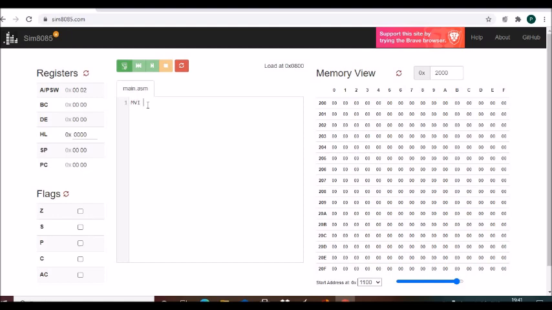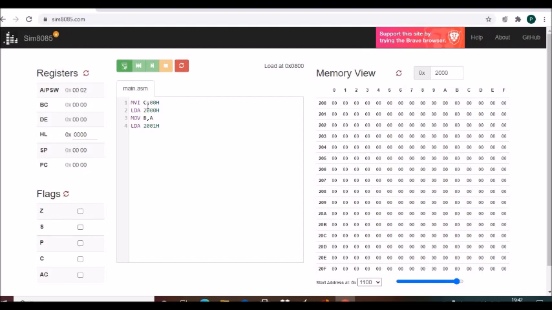MVI C, 00H. Don't forget to write H. Then LDA 2000H. Then MOV B, A. So whatever data was loaded in A goes to B. Then LDA 2001H.